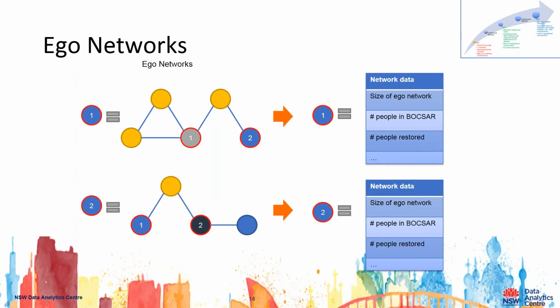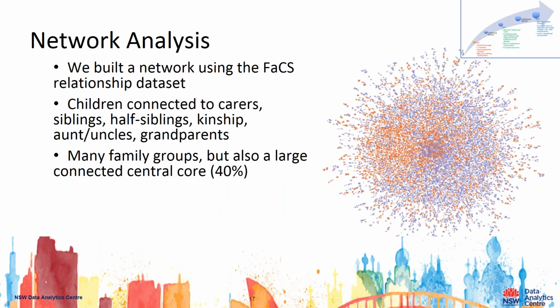The question we settled on for the proof of concept was, can we predict for a child in the out-of-home care system how they will exit the system? Adoption, aging out, return to family, or stable placement. And we can predict with very high confidence what happens to the child. A child in a certain cohort, in a certain context, we can predict their service type. In this case, it's leaving the out-of-home care scheme, aging out, adoption, stable placement, return to family. But the moment we get into human-centric service delivery, the problems become very, very complex very quickly.